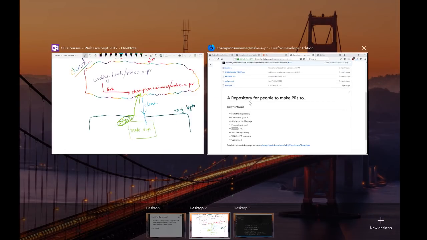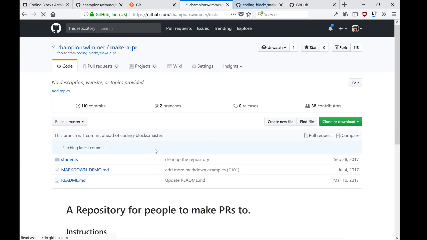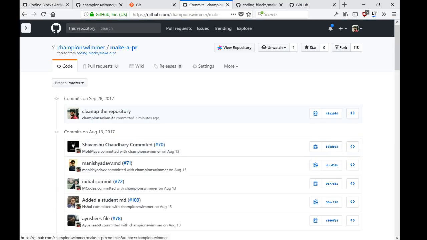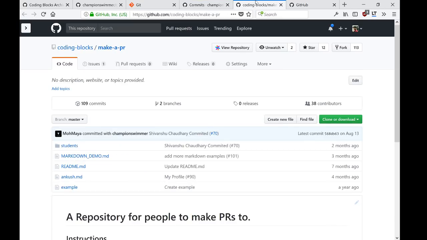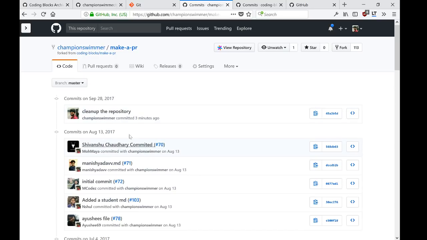Now if you look at the repository, this is my repository. And you can see the latest commit is me doing clean up the repository. There are 110 commits and the latest one is me doing clean up the repository. Okay. And in the coding blocks repository, there are 109 commits, one less. And the last one is this Shivanshu Chaudhary adding his file. And here I have added one commit additional to this. Okay. So now